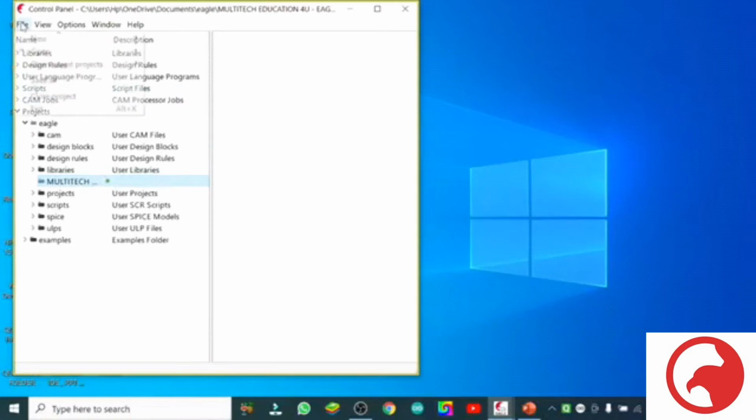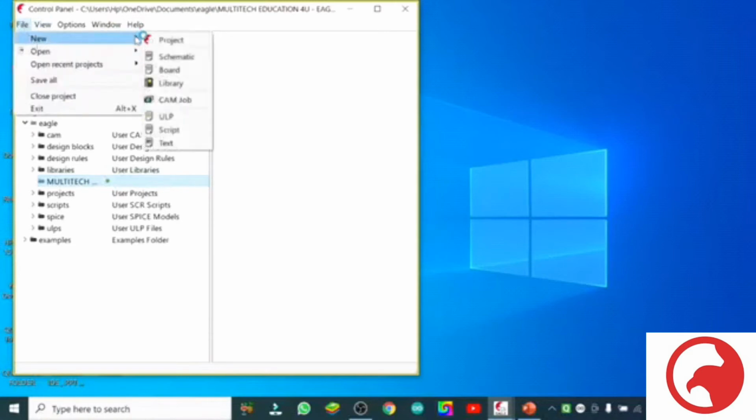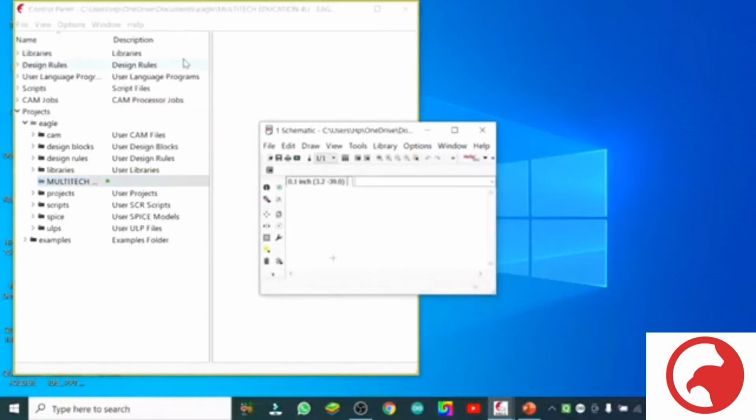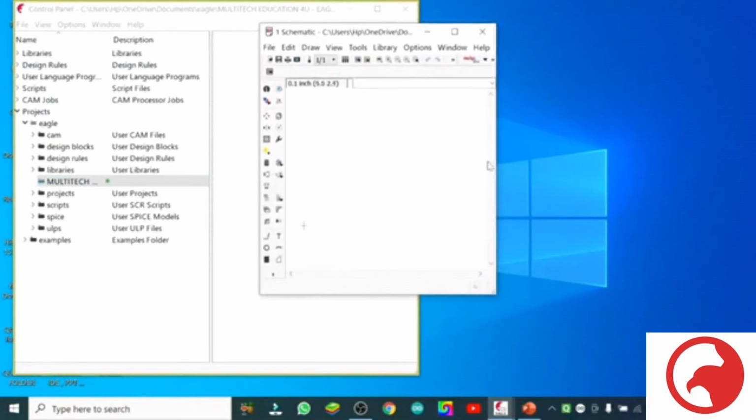So now in this we will create one schematic file. First step, from the file we will go, we have highlighted our Multi-Tech. From here we will select schematic and our platform will open to work with. So here you can see so many things are there, board is there, but the board we will make from the schematic. Initially we need not select that.